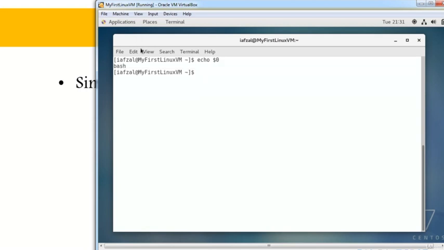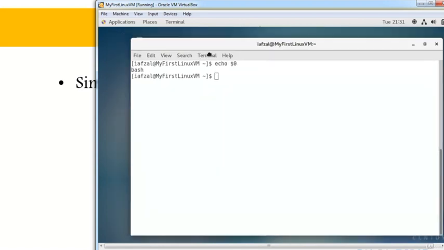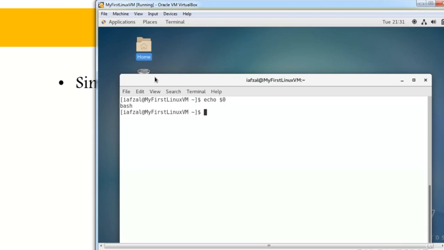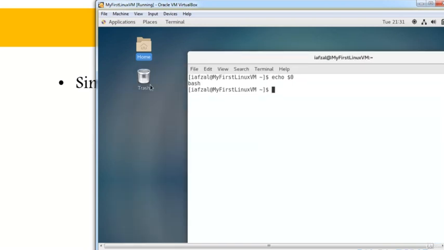Now, if I don't want to use this command line, you see in the back I have this directory called home, and I have this trash can. If I wanted to view the contents of home, I double click. This environment right here is the GNOME environment. And remember I told you GNOME is also a type of shell. So this is another shell right here, and the command line inside is another shell. If I wanted to open this folder, I am telling GNOME, which is the desktop GUI, to open up that folder. So double click